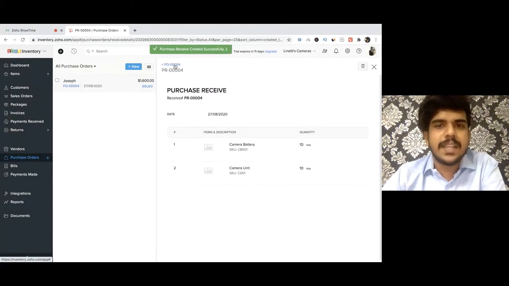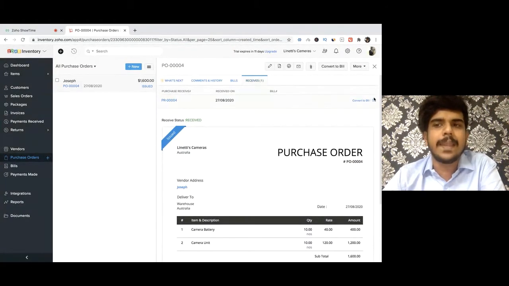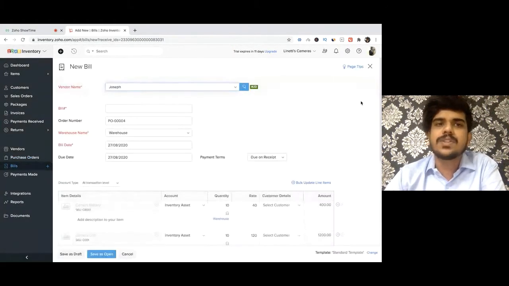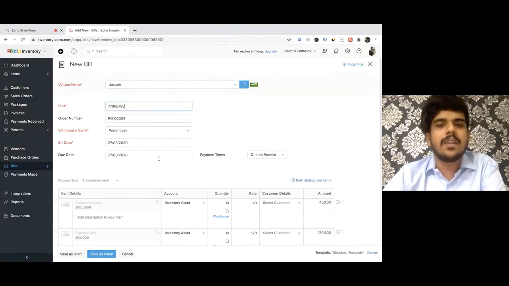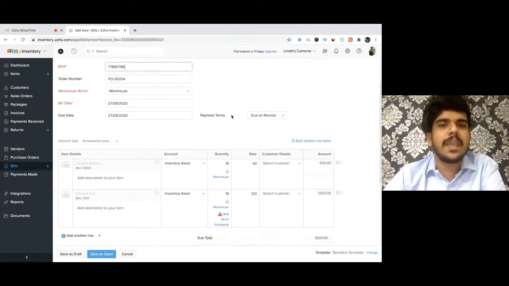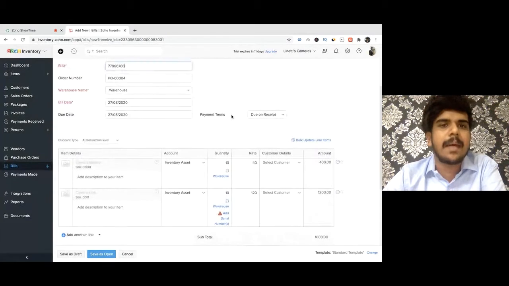So once your receipt is created, you can then convert the receipt to a bill. Bill creation in Zoho Inventory is nothing but you recording the vendor invoice into the system. So in the place of bill number, make sure to enter your vendor invoice number, and then the rest of the other information will be carried forward from your receipt to your bill. You don't have to populate anything manually.